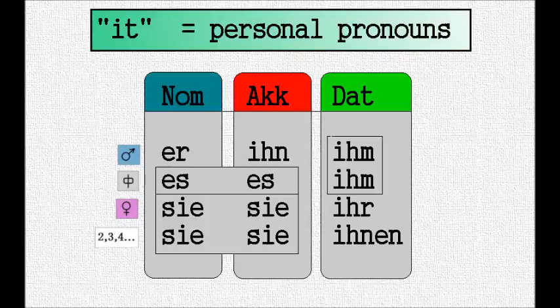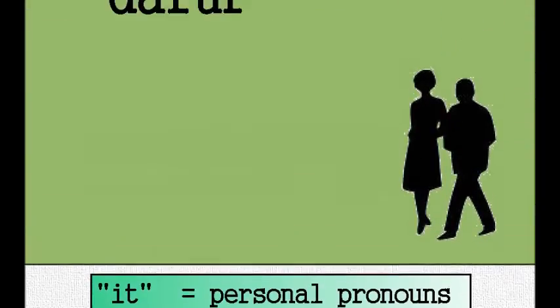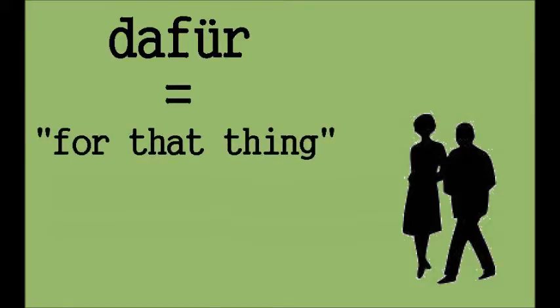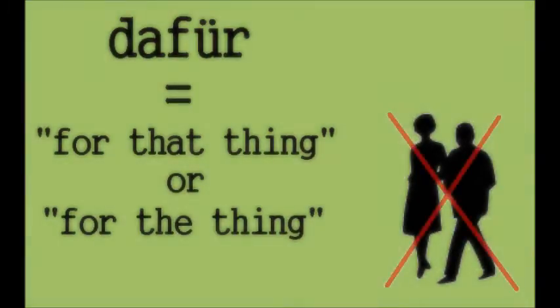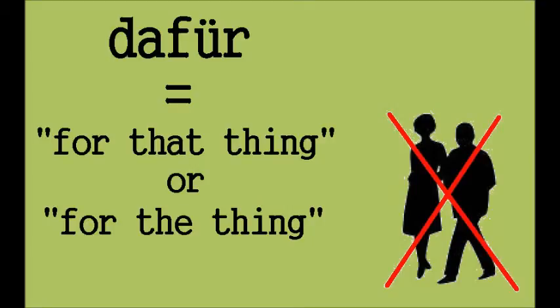It can also apply to the plural form sie, which would be them in English. You can see it as a simplification of all these forms, which then all become da. The exact meaning of dafür is for that thing or for the thing. So you cannot use the pronominal adverbs when talking about people or other living beings. Anyway, für was just an example.